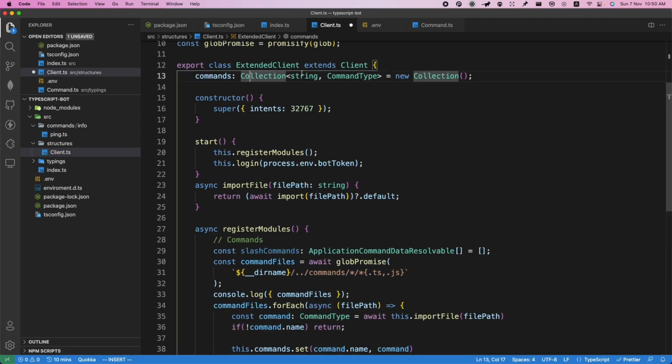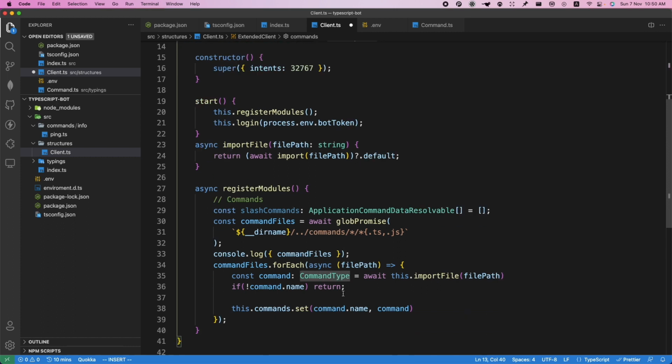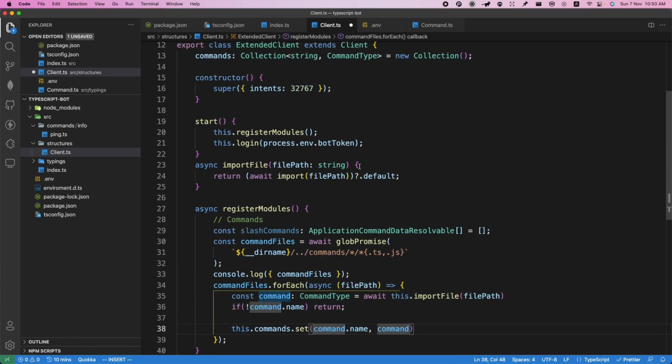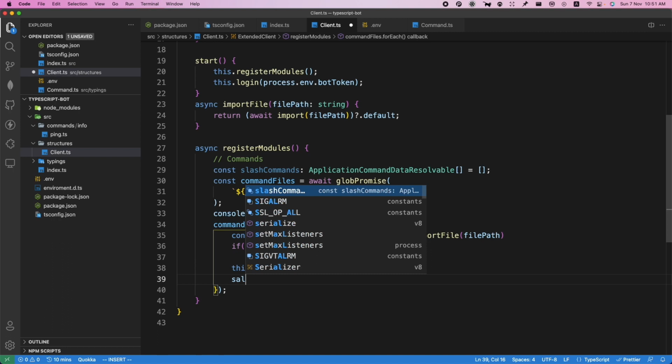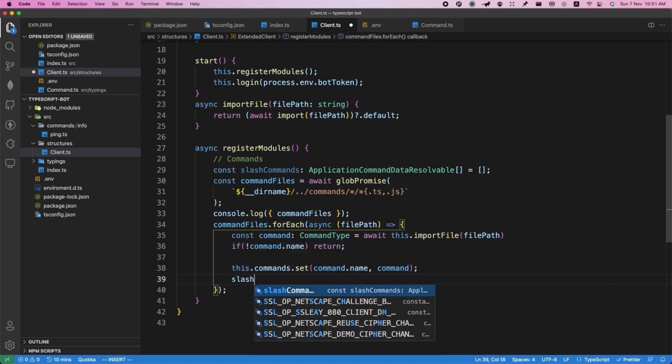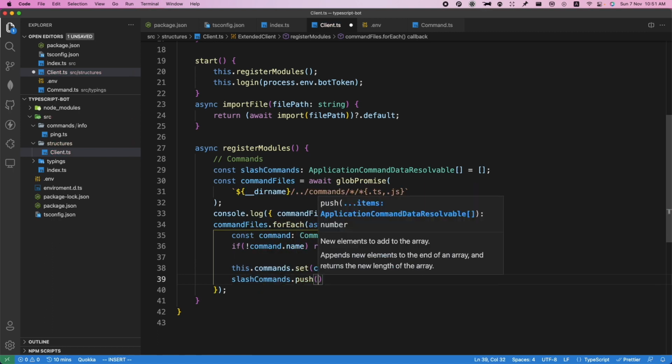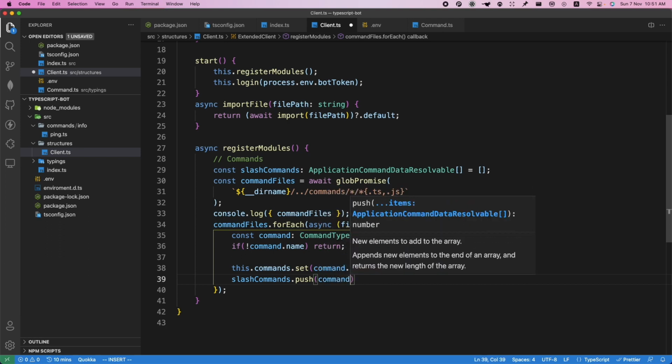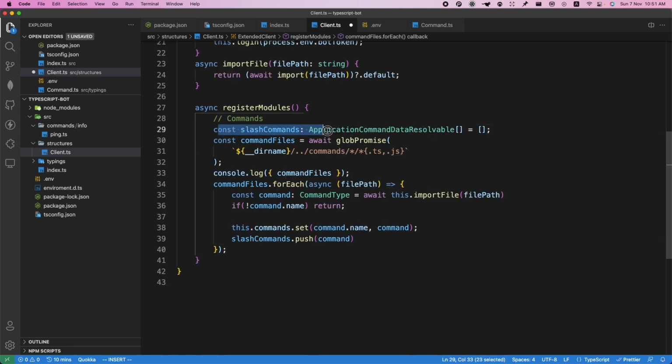So you can see here Collection, string, Command type. This is a collection of string. So command name is a string, and command is a Command type. So just make sure it matches. Okay, lastly, we're going to push the slash commands. So slashCommands.push command. Now we have this slashCommands array consisting of all of these slash commands, which needs to be published